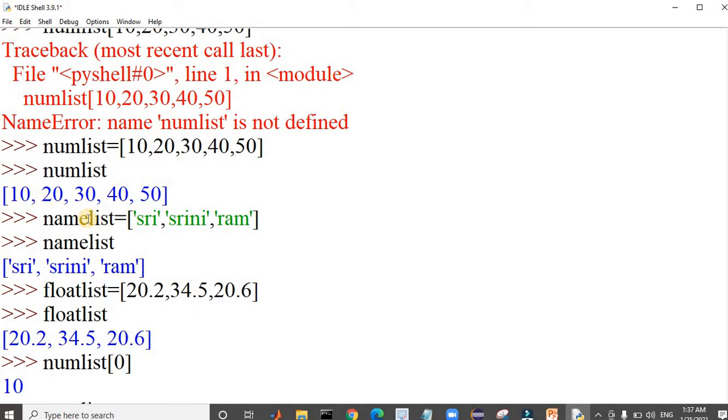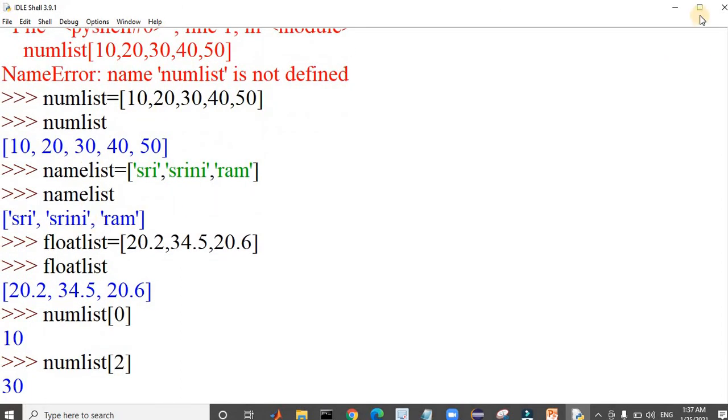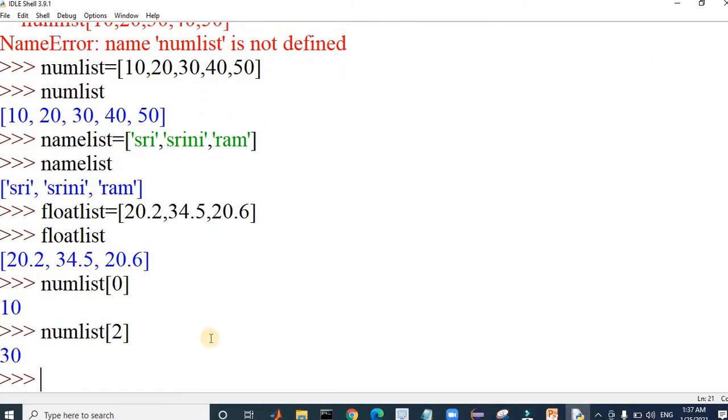You can also use numList of 2 to print the value. It prints the third element in the list.